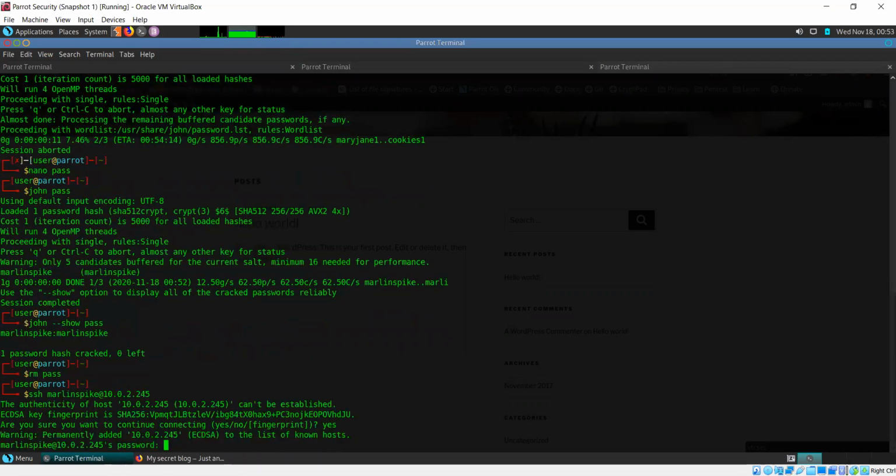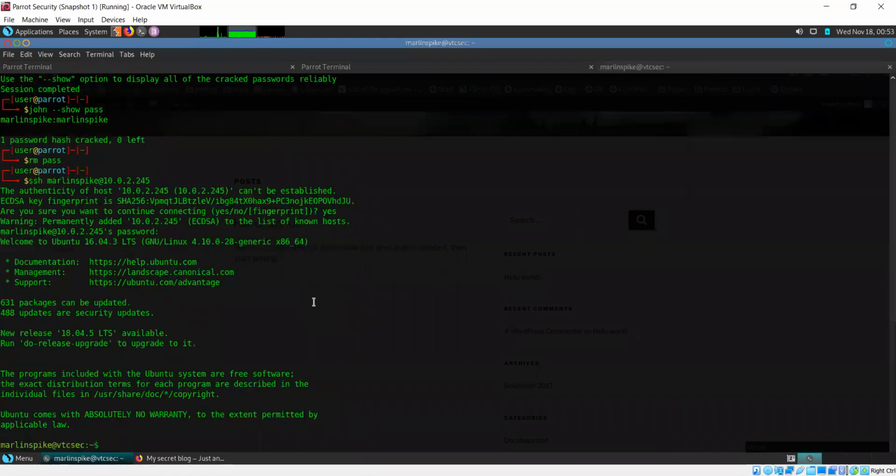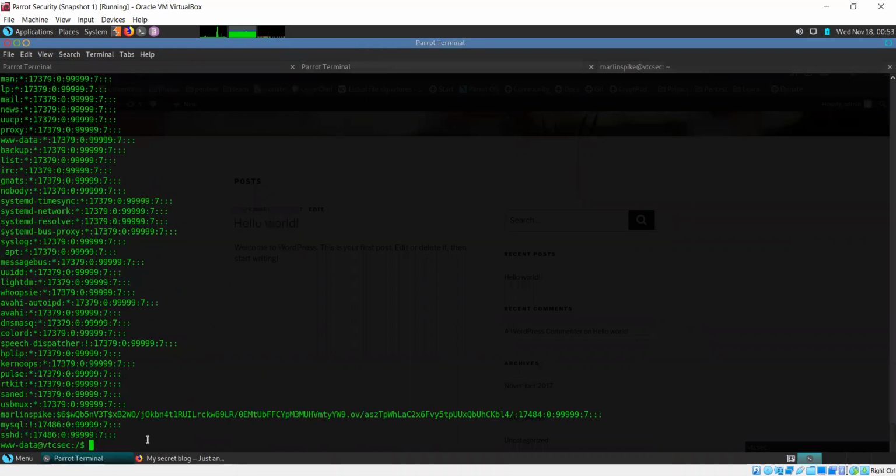So from here we can switch user, right? Yeah, we can switch user. So either I can do that or I can log in through SSH since I have the password. If I want to switch from here, su, or SSH, the password will be the same as the user password. Yes, it will be the same.